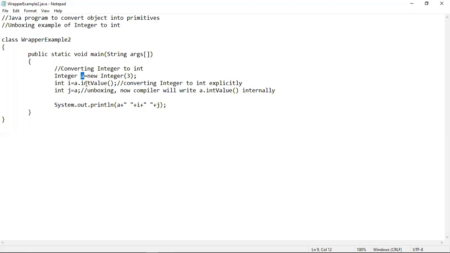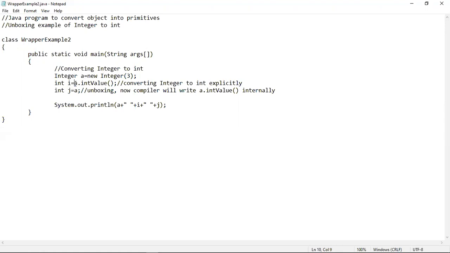Whenever we write this intValue method on this object, we are converting the object A into its original integer value, which is 3.